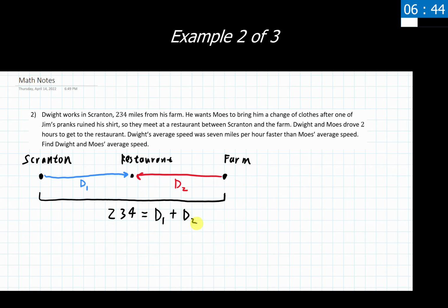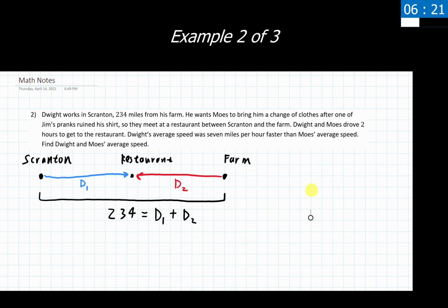Now we might look at this and say, well, great, but I don't have any distance, rate, time, or things like that written in there. And yes, that is 100% correct. That's what we're about to do next. But I do know the relationship between the two distances, and that, subtle as it might be, is very important for working out and getting to our final answer here.